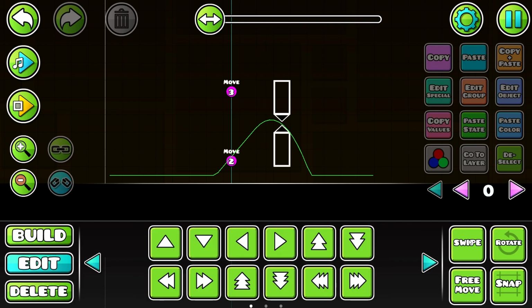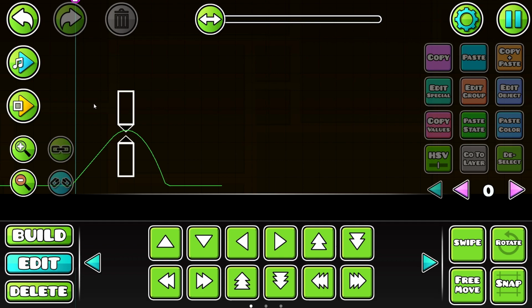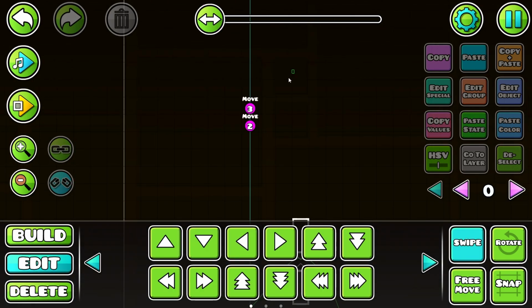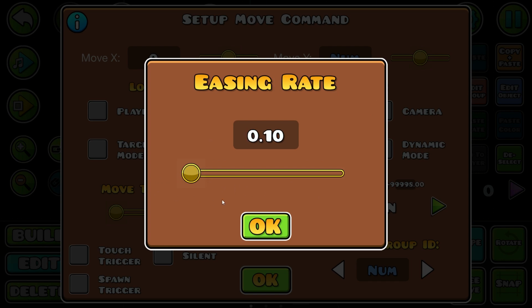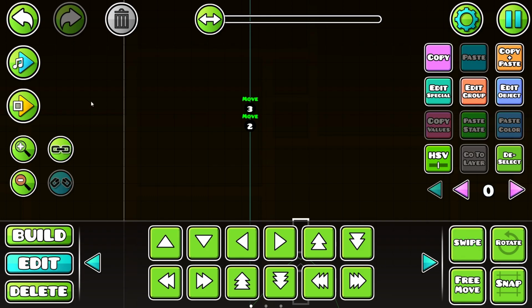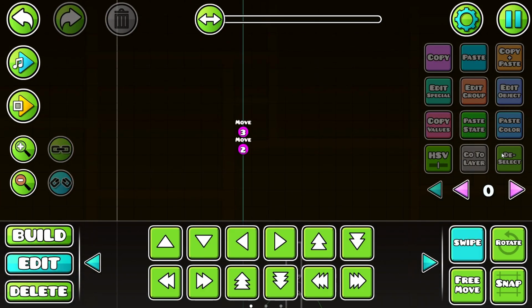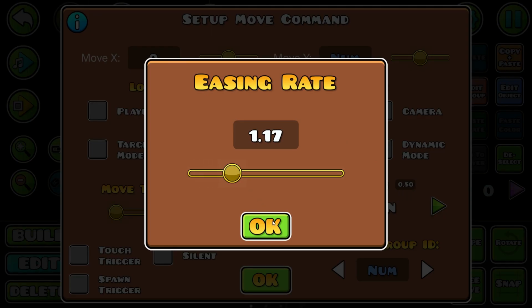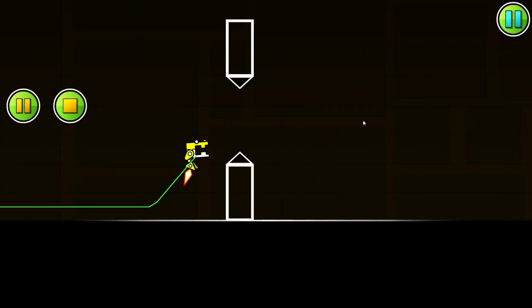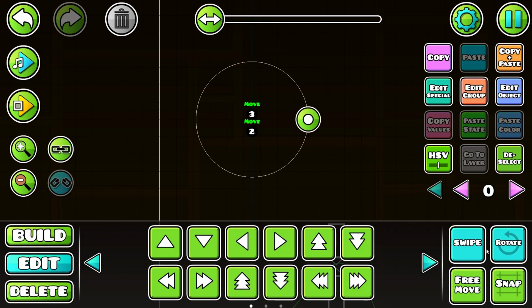Okay, so we have these two set up. I'm just gonna move this. Okay, cool. So actually, if we do the ease in at 0.5, it might open up quicker. Or we can just do that and then make that slower. Boom. So actually, if we just copy this,